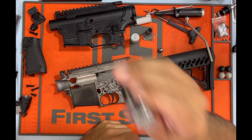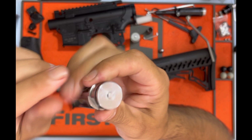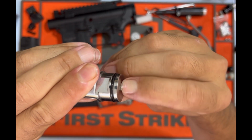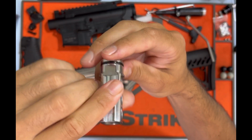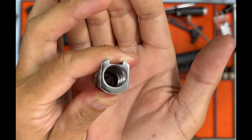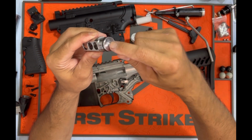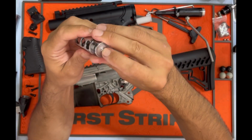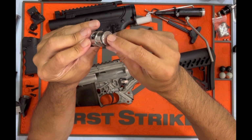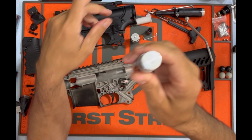I wanted to pin this one. It turns out this is that striking face, that little tit, that's all that's there. If you could look down inside this, you probably can't see. It's actually recessed. So if I drilled and pinned this, the pin would pretty much fall right through. Now I could drill and tap this and possibly put a screw in there. But